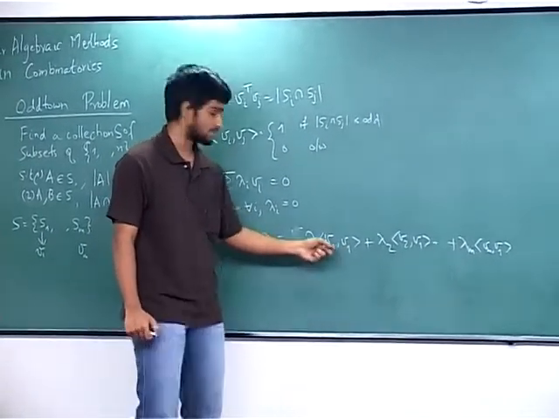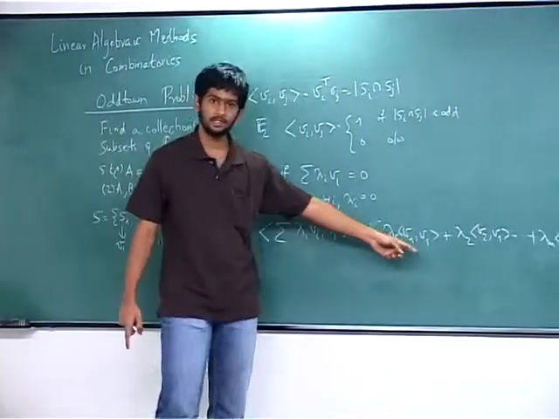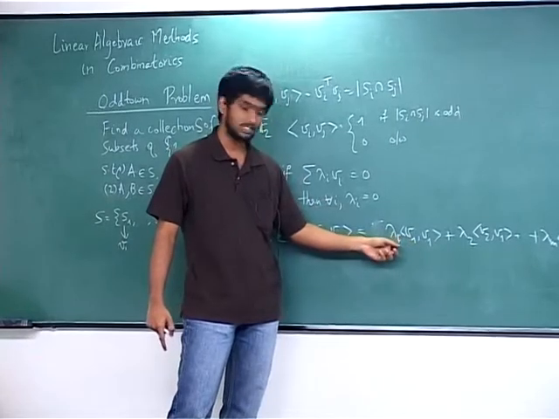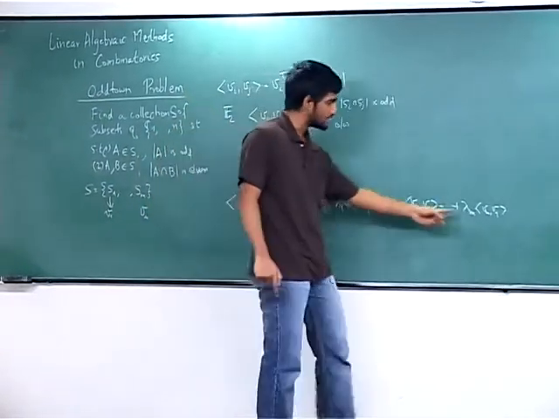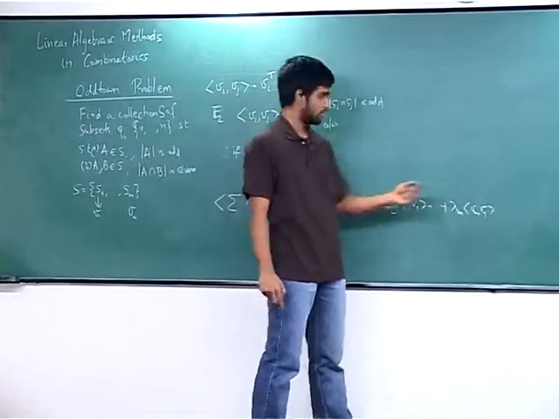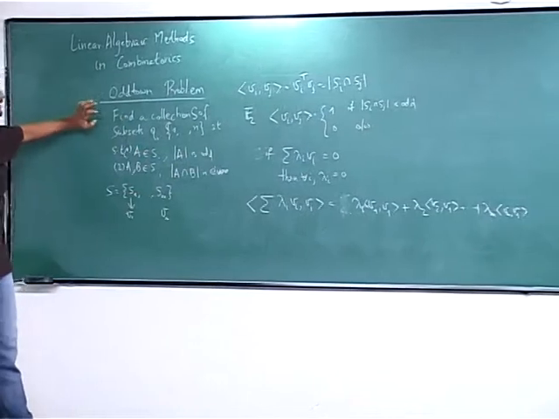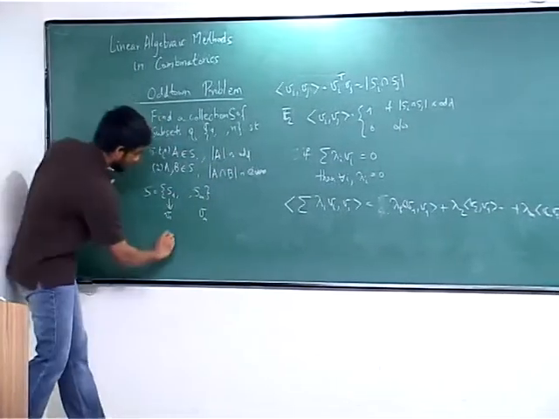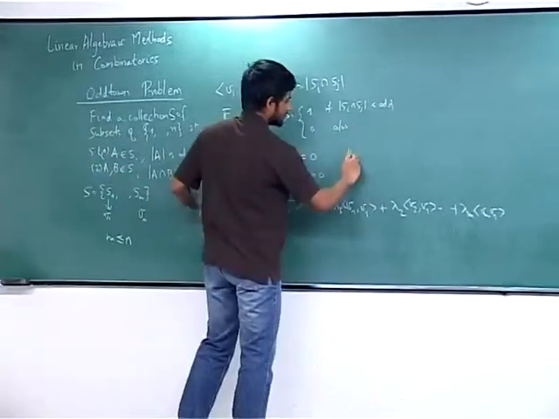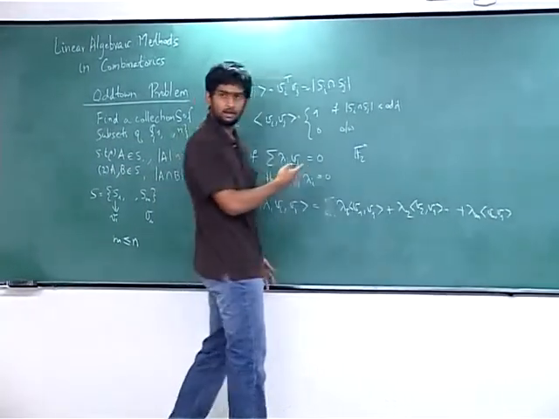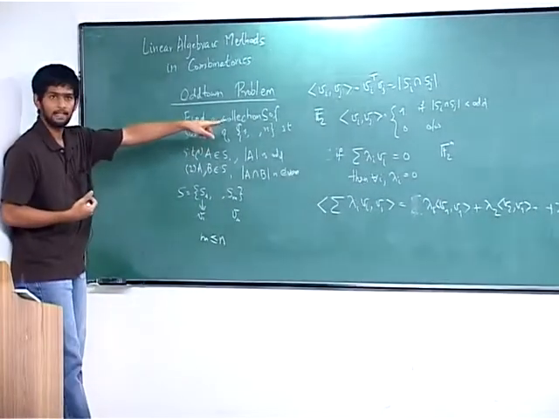And this is 1 because the cardinality of the set is odd. So this value has to be 1. Therefore, this lambda 1 has to be 0. Correspondingly, you can prove that each of lambda 2 to lambda m are 0. So basically, you are able to prove that these vectors that I chose are actually linearly independent. Therefore, m can be at most n, because I am looking at F2 to the n, right? You have n-bit vectors where the elements of the vectors are from the field F2.